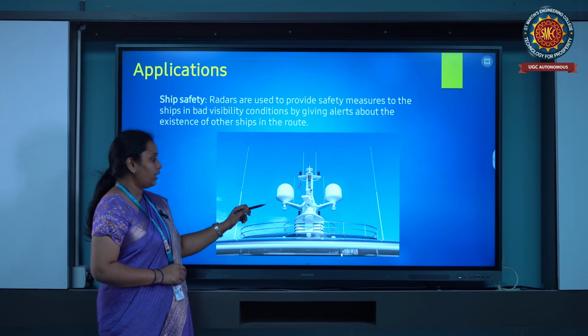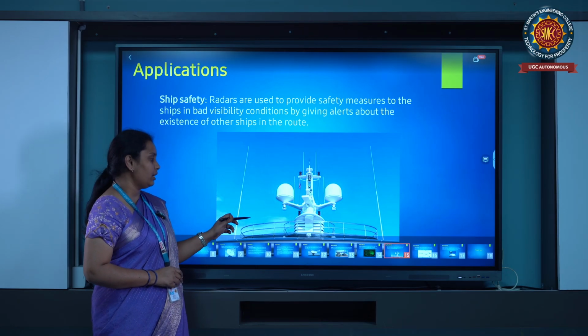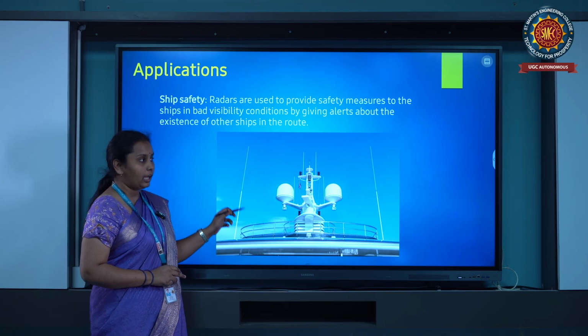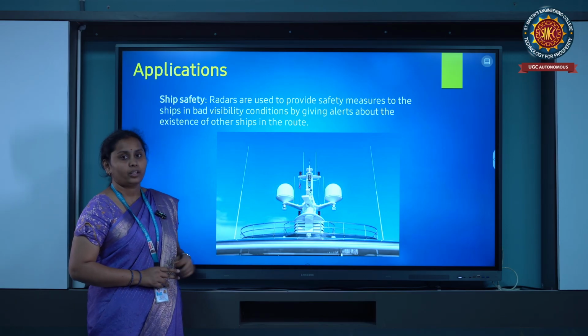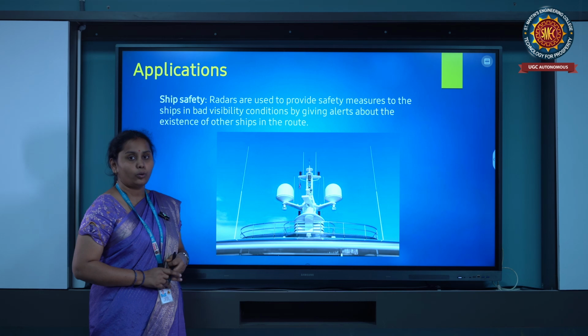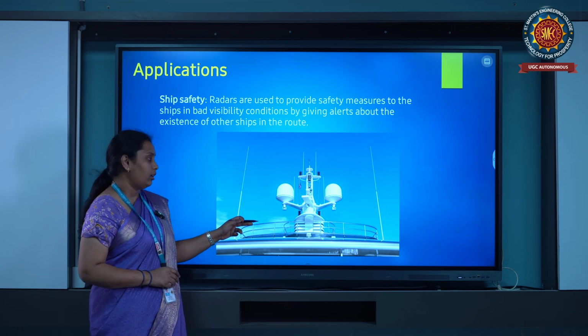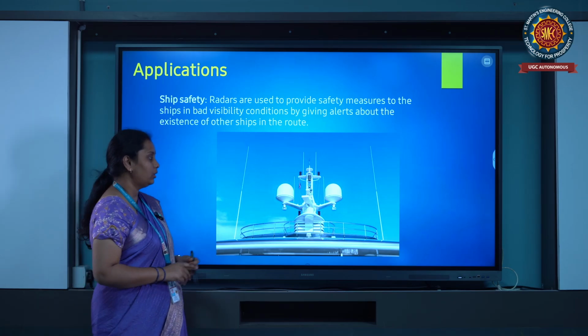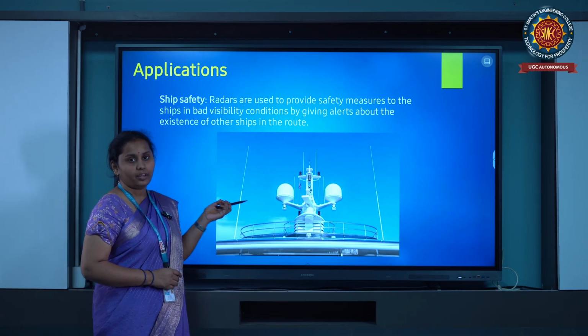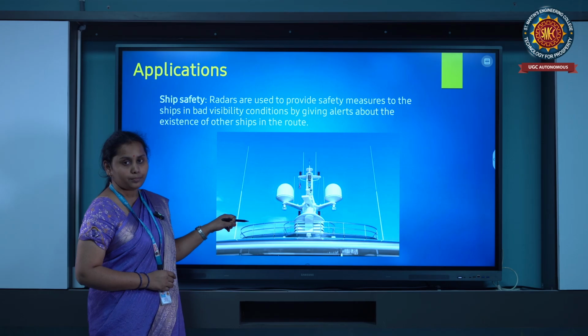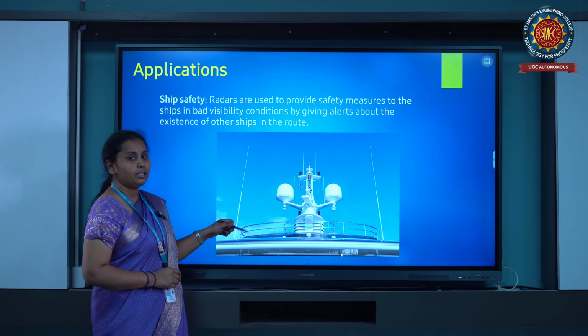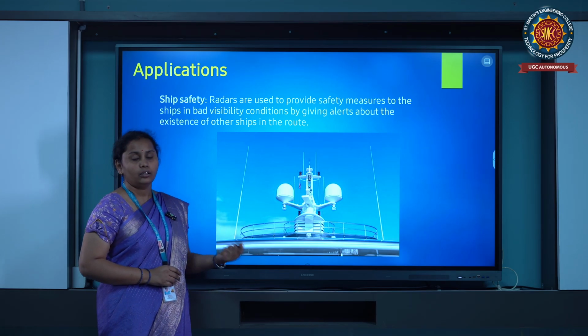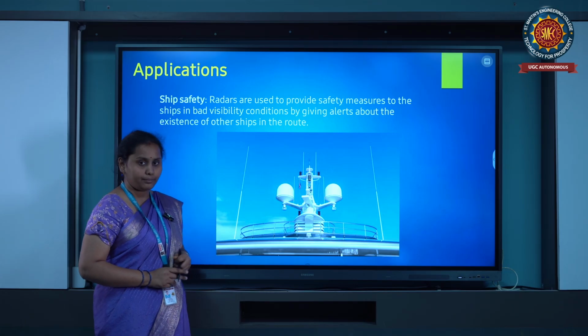So it can also be used in many ways in ships. It can also track the path in the oceans and seas. It can show the control board where the ship is located. It will send the data to the control board about where the ship is located.